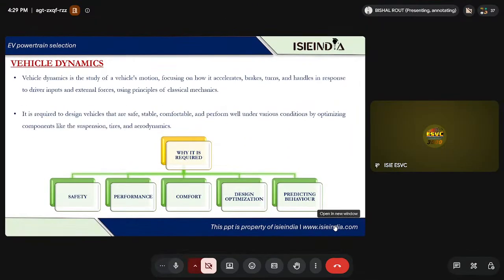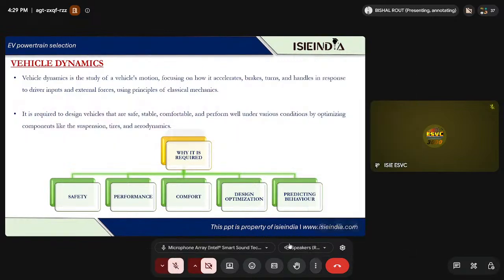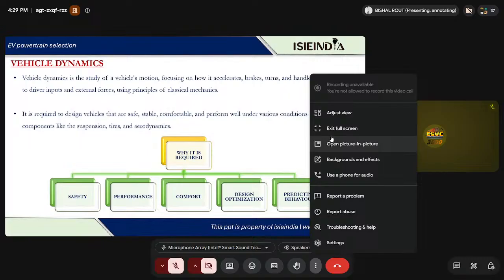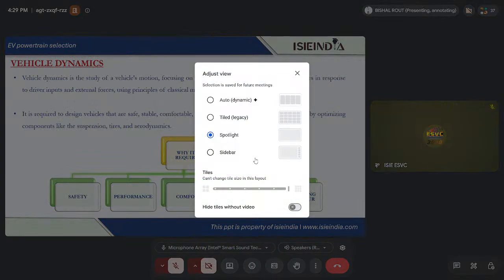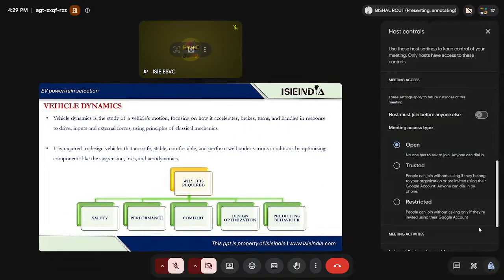Yeah. So with simulation, what is going to happen? The number of physical iterations required is getting reduced, right? So that is the advantage of using simulations for vehicle dynamics. And in that way, we are able to predict how our vehicle will behave in different conditions, right? So if I'm talking about vehicle dynamics,